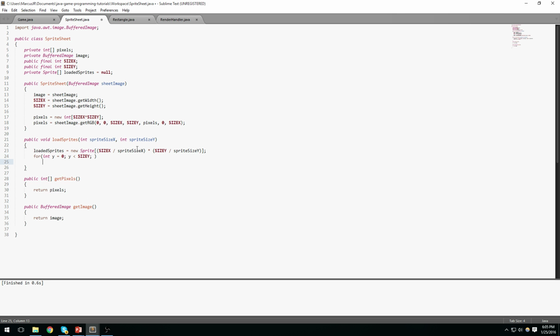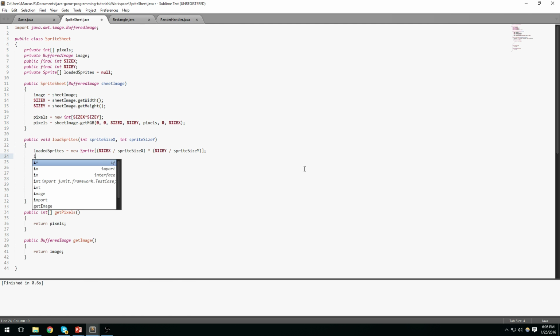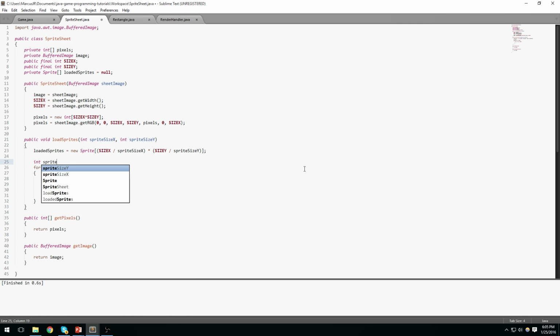We're going to use two nested for loops like we had before to go through the whole sprite sheet. So we're going to go through the whole sprite sheet, and we're going to have a separate variable to keep track of the current sprite that we are currently copying over. So sprite ID is another variable that we're going to have above these for loops. And pretty much what we're going to do is copy the sprites down